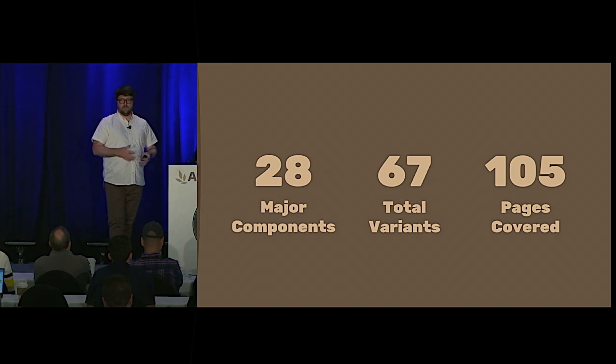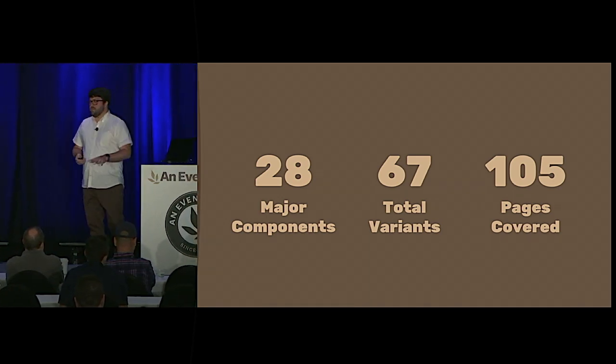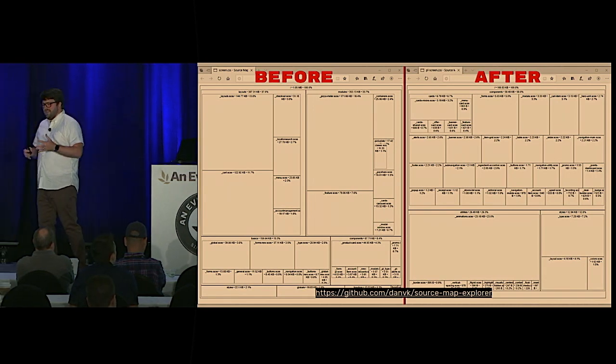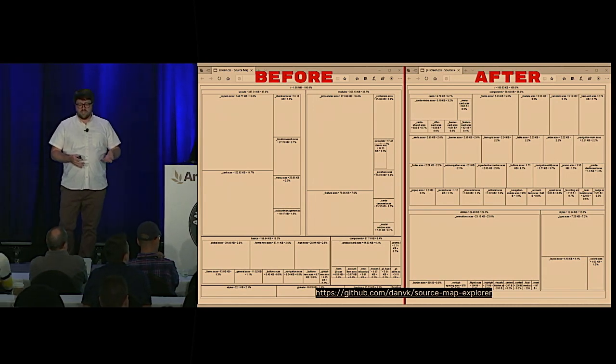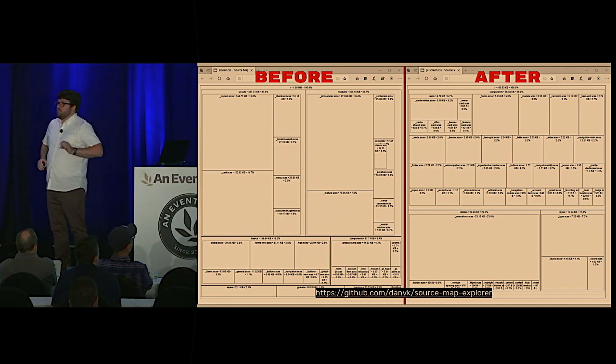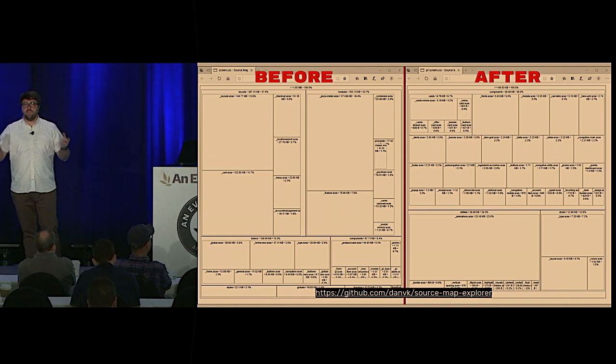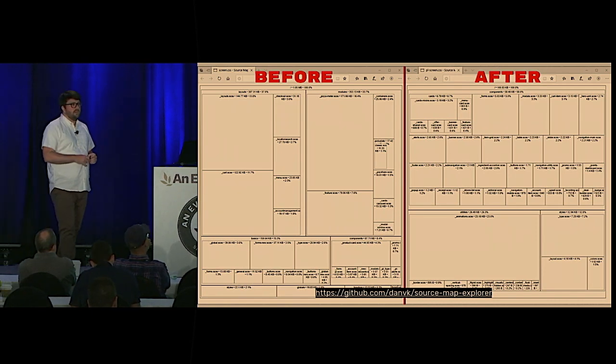Like, let's add to it. Let's remove it. Let's do something different. And I have some more data. This is from a command line tool called Source Map Explorer. If you've ever used Webpack Analyzer, it's very similar. But you chuck your source maps at this tool, and it'll spit out what's called a tree map of your